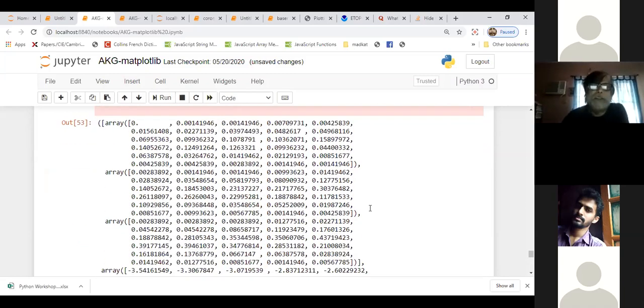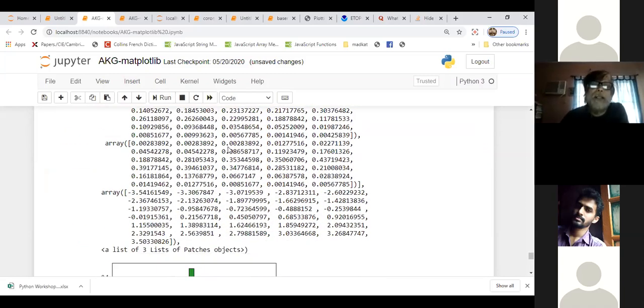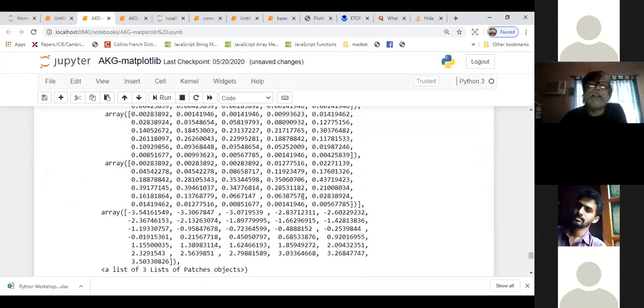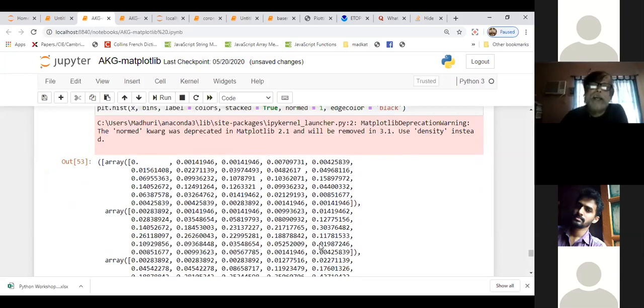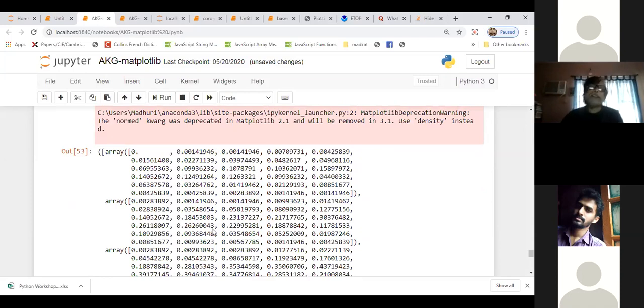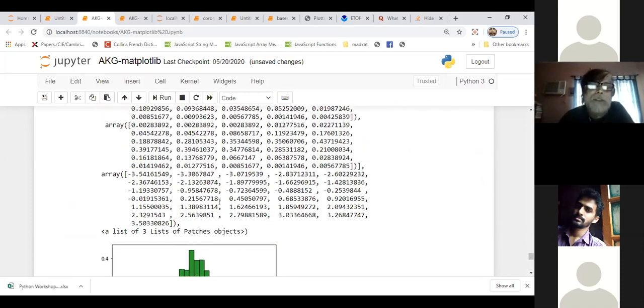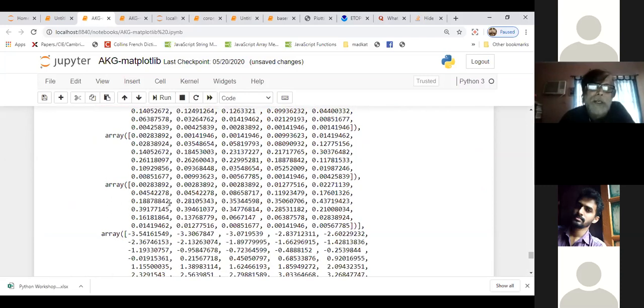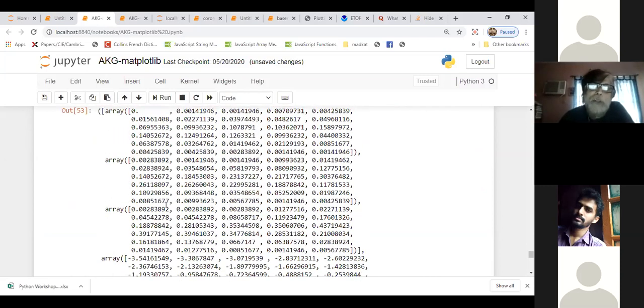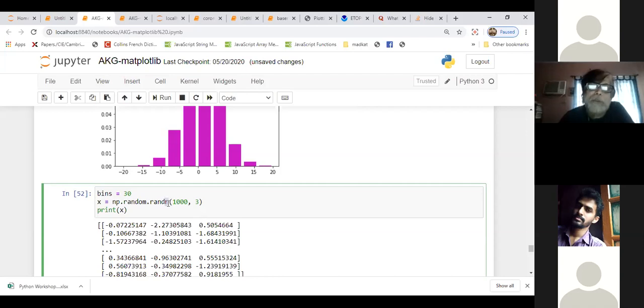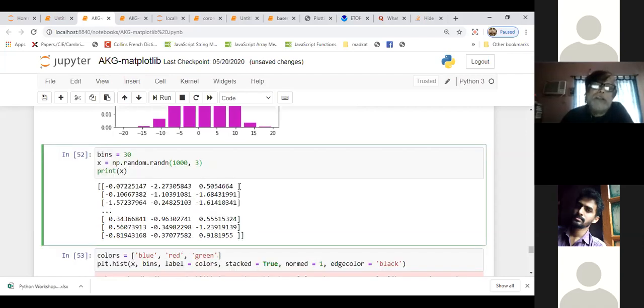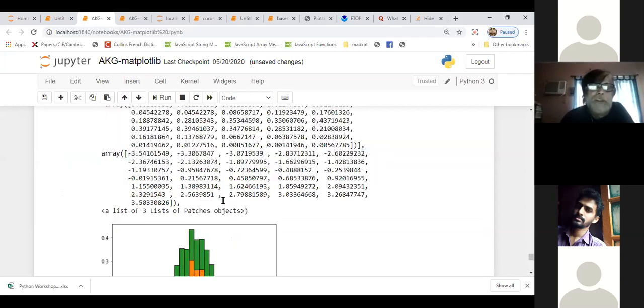See, it unnecessarily shows the data. You can turn this off also in Anaconda, but I will tell you later. I did not turn this off. So see, these are the 3 sets of data. Oh, I'm sorry, this is random. Random means random normal distribution automatically. It's a normal distribution, n for normal. It's another function with which you create normal distribution, random normal numbers between -1 to +1 probably.